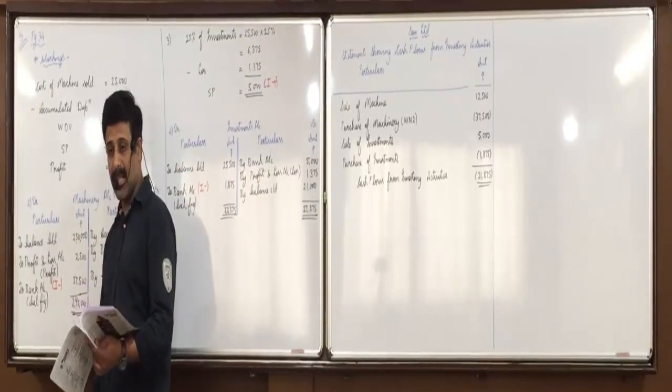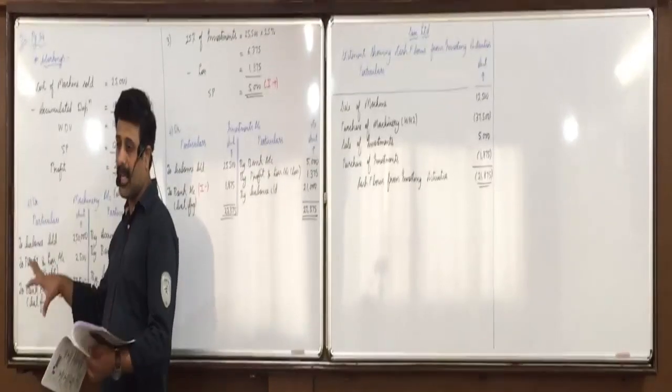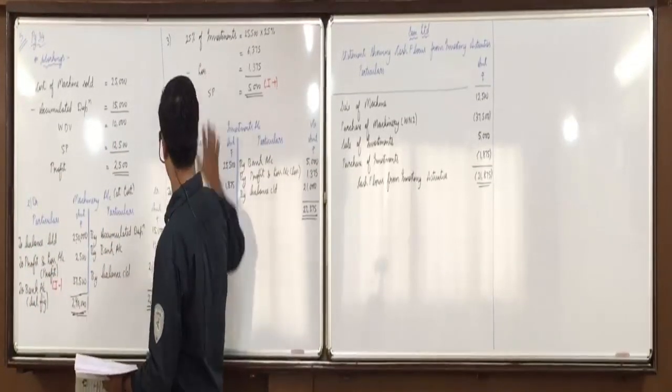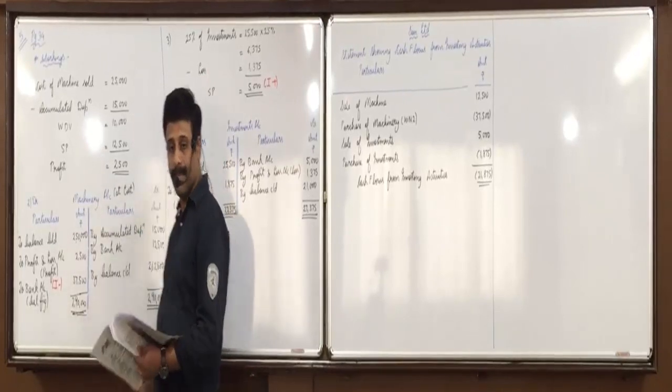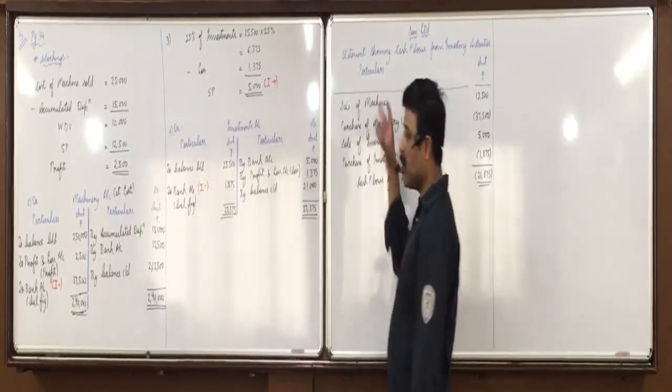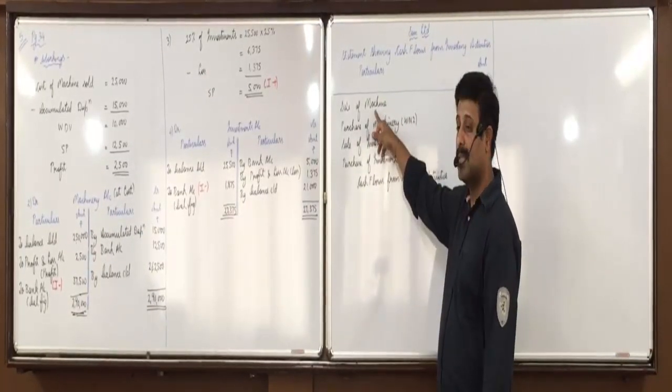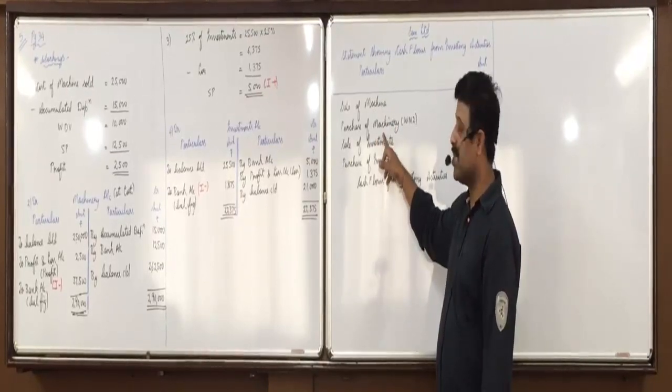That's it, there is no investment in this question. So exactly similar to this and shorter than this. Investment part is not there. Means only 2 workings will come, and in investing activities there will be only 2 flows. One is sale of machine, the other is purchase of machine. That's it.